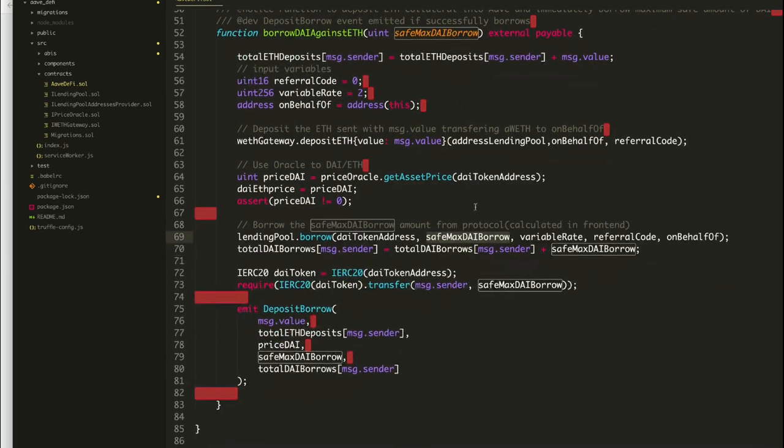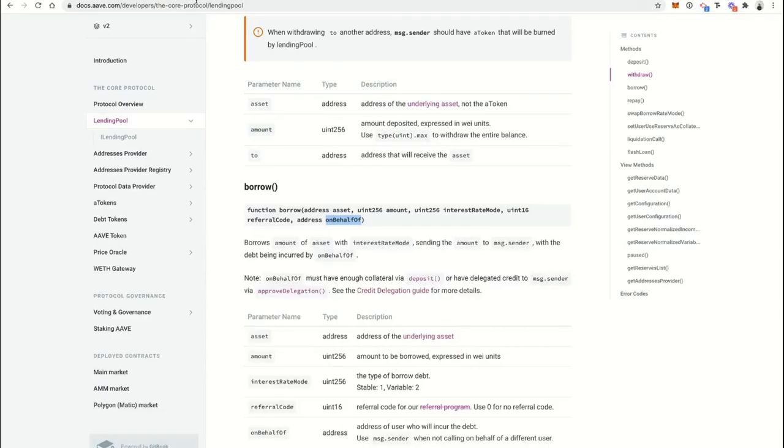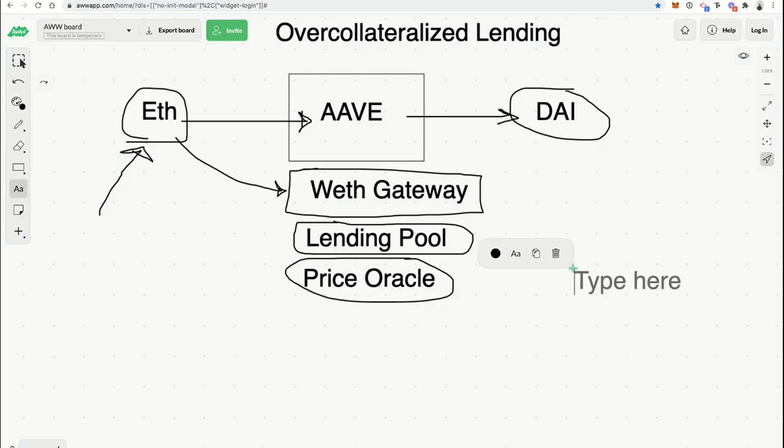Basically, you want to calculate this yourself for the sake of this tutorial. If you want to make your smart contract more robust, you could use Aave's collateralization factor to determine max loan to value. I'll explain collateralization factor for a second. Essentially, this is how much of your collateral you want to borrow. For example, if you did 75%, that means if you deposited 1 Ether, let's say at a price of $2,500,